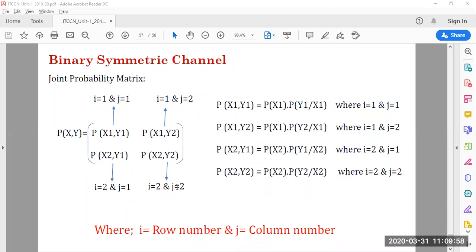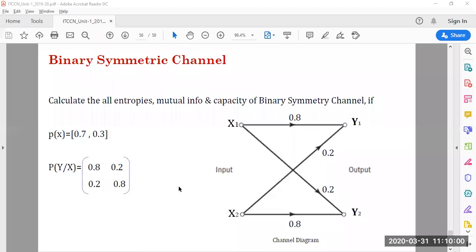I think this is the wrong answer. Please check your answer. P of y is not 0.7 and 0.3, because if you multiply P of x with P of y by x, which is 0.7 into 0.8, that is 0.56, plus 0.3 into 0.2, that is 0.06, it should be 0.62. And then